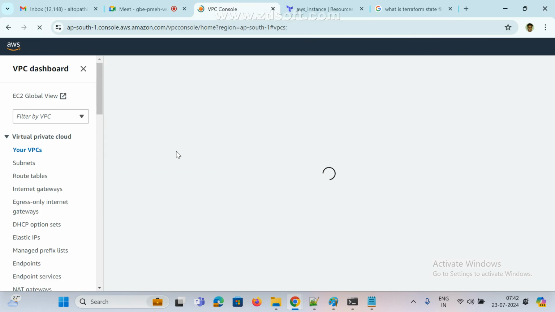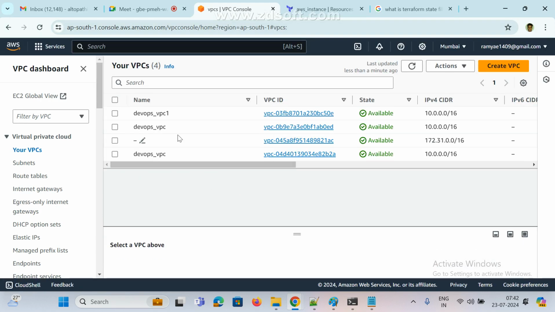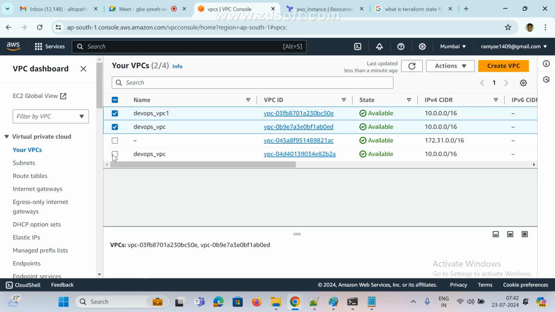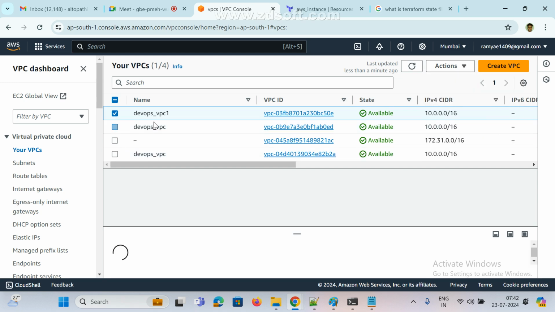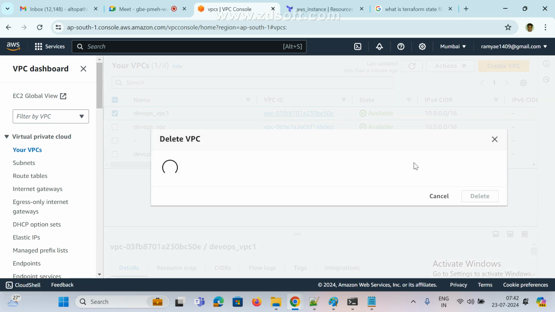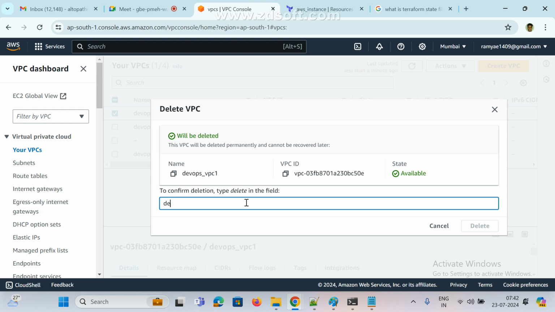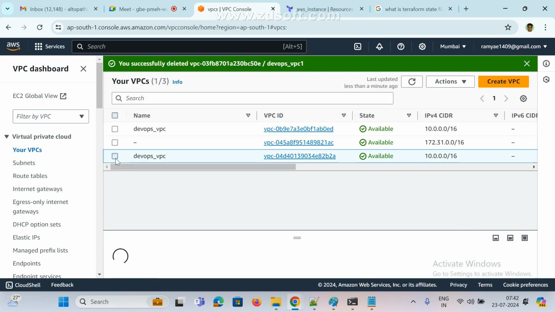Just refresh it. So how many VPCs can we create? Five.